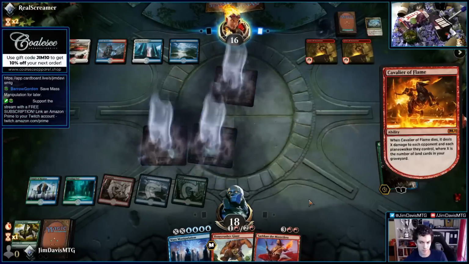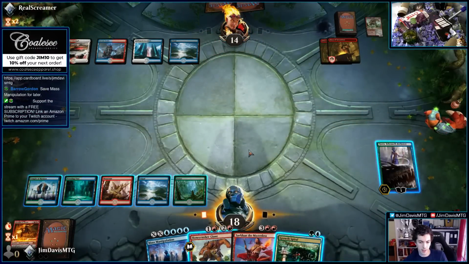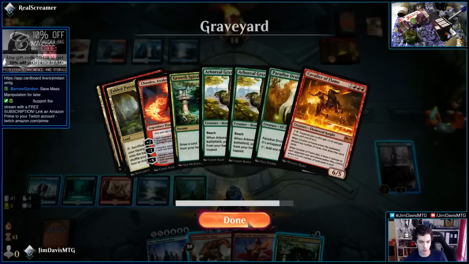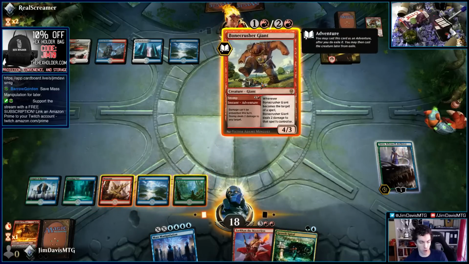Okay. Alright. We did not draw a red source. So that is the downside of losing our Paradise Druid there. But we'll just hardcast Bonecrusher Giant and draw a card. We have Growth Spiral also, so...